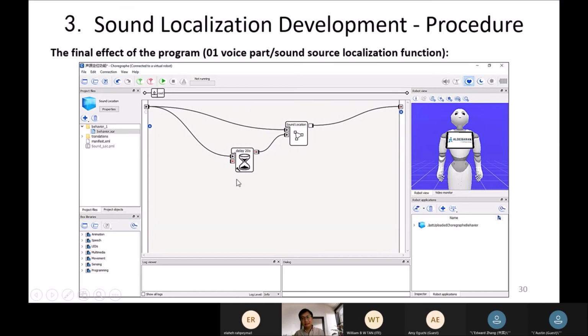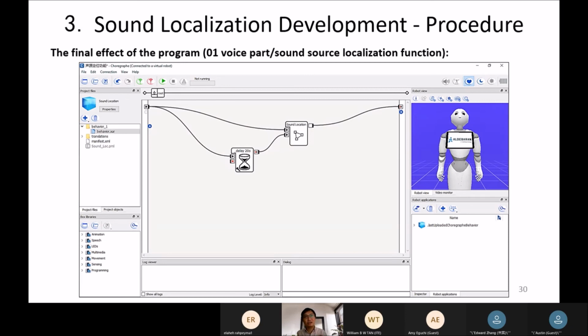Okay, so this delay again is for us to repeat the scanning or to repeat the output from the sensor in a time delay. Why do you need this time delay? It is because once you get the value of the angle, you need certain time for Pepper to respond. For example, turn the body to that particular angle in order to speak to that person. So during this timing, we need to stop